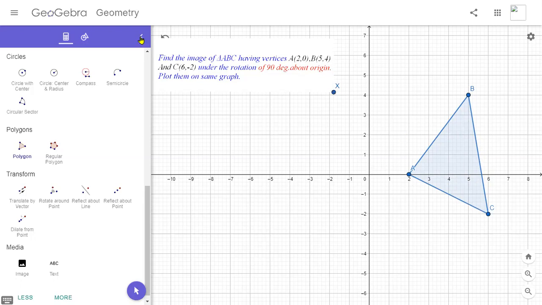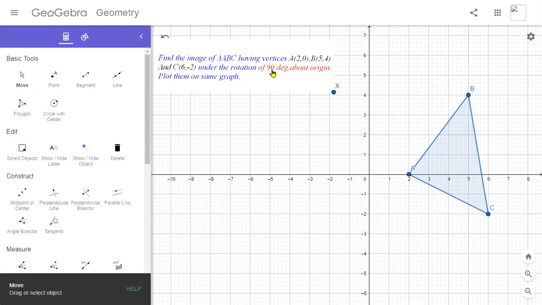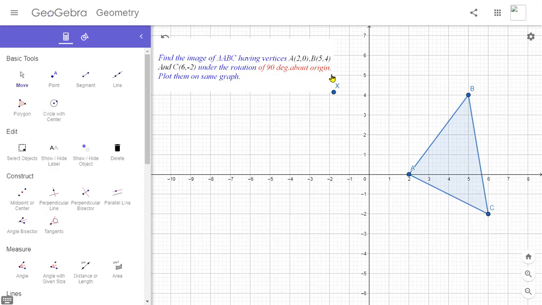First of all, let me say something about this rotation angle. Here the angle of the rotation is 90 degrees, positive 90 degrees. This means we have to rotate in the counterclockwise direction. Here the sign is plus, so we have to rotate this object in the counterclockwise, anti-clockwise direction. The center of this rotation is the origin. This means we have to put the needle of the compass at the origin. We have to rotate this object about the origin.